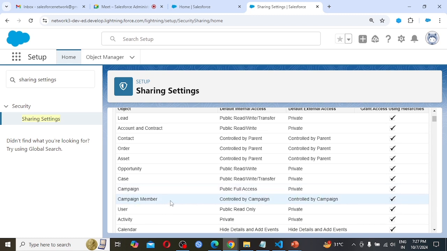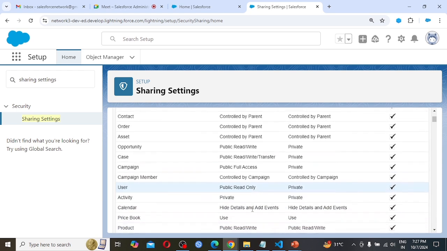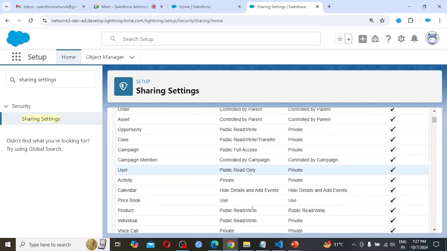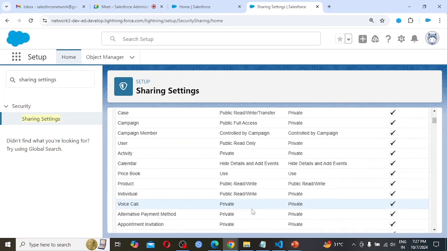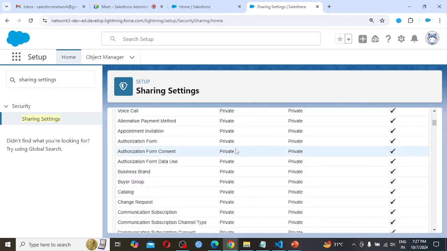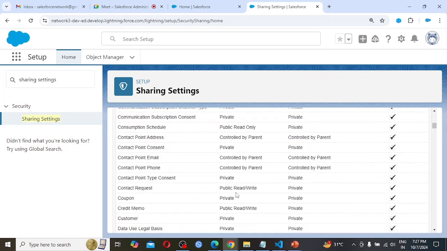Controlled by parent, so this is campaign member, and so many times we are going to see public read only, private, public read write. These access we are going to see so many times. So these are all private access.